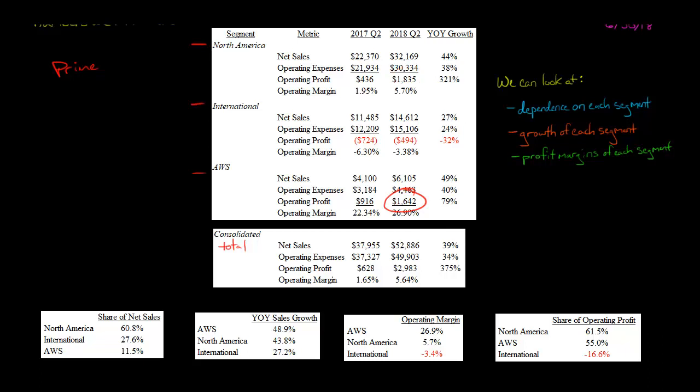So if we think about 1 year, 2 years, 3 years from now, it's very likely that Amazon Web Services, which is providing cloud computing services and not the kind of things that maybe the average consumer thinks about when they think about Amazon and buying a Kindle or something, is actually the future for Amazon, at least as far as it looks from our analysis here. Amazon is transitioning maybe to making most of its money from providing services as opposed to selling products.